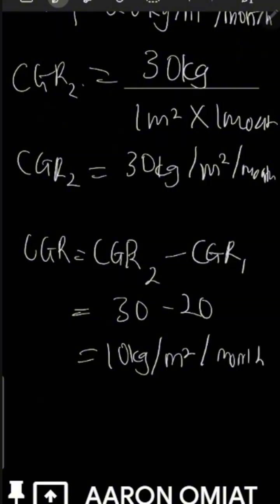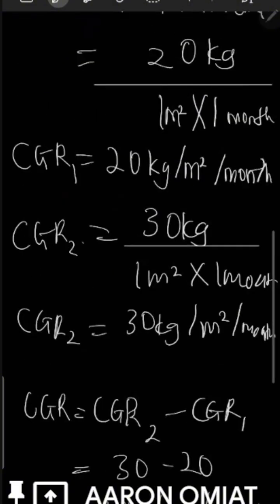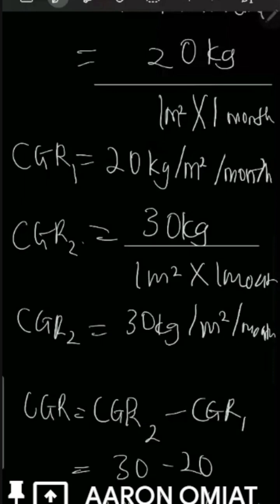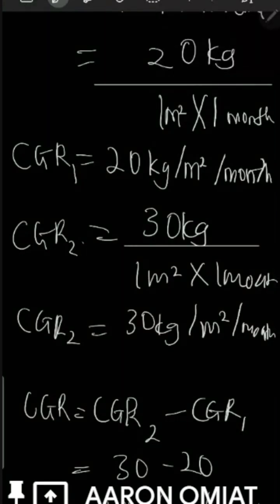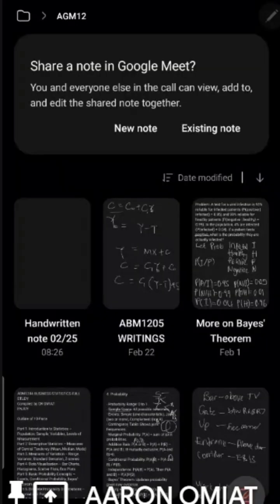This is the actual CGR over the period. I don't know if it makes sense. Between month 1 and month 2, that is the growth rate. So now with these figures, we can compare with different varieties, different conditions, and we see which one is more optimal. Now with that, let's move on to the